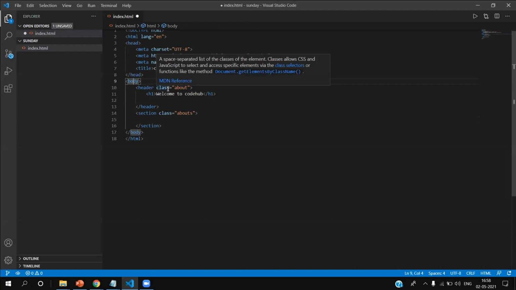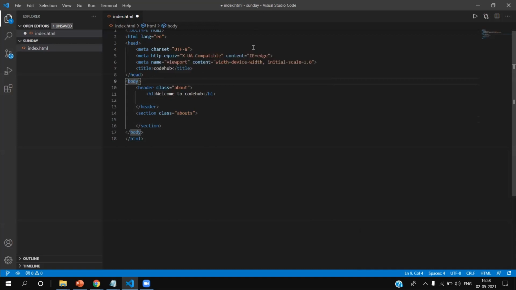It can't be duplicated. It can't have duplicate values. Class is like computer science engineering. There will be many people, so they might have the same class, but they will have different IDs. Now I give my section as class about.